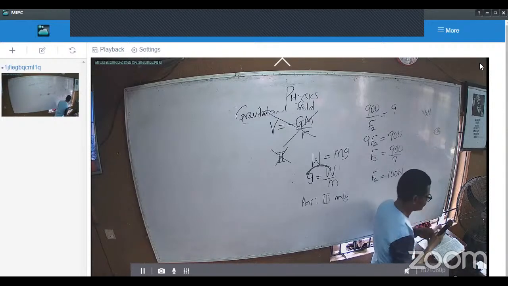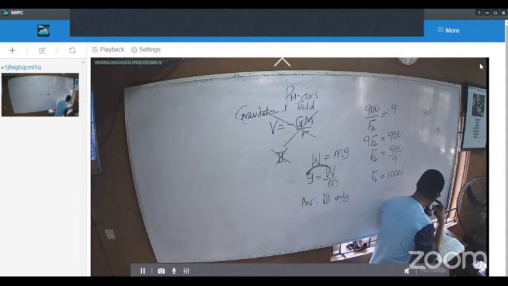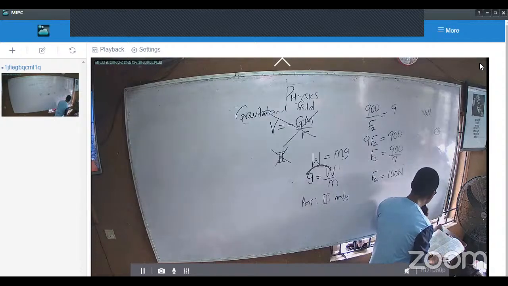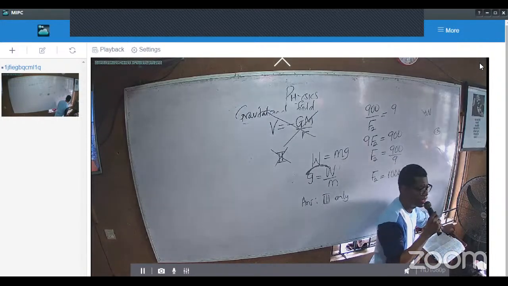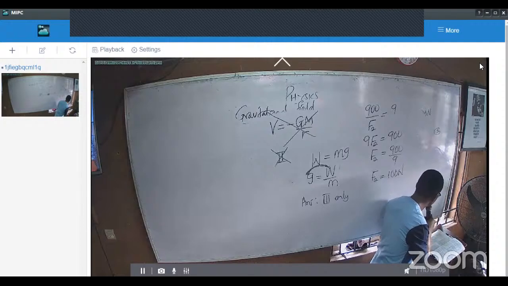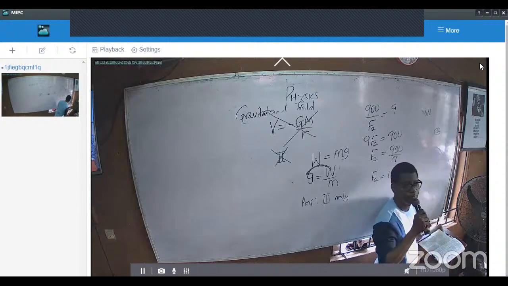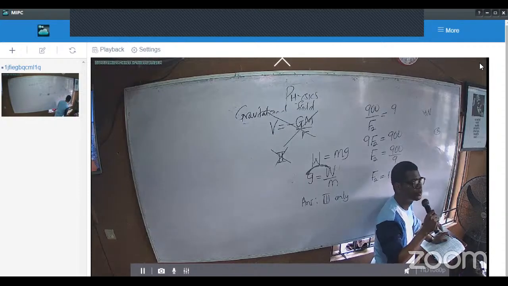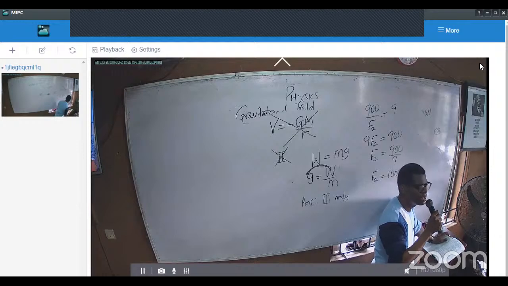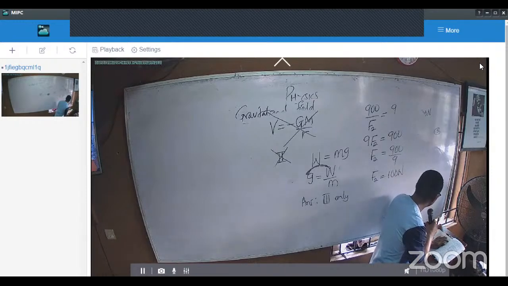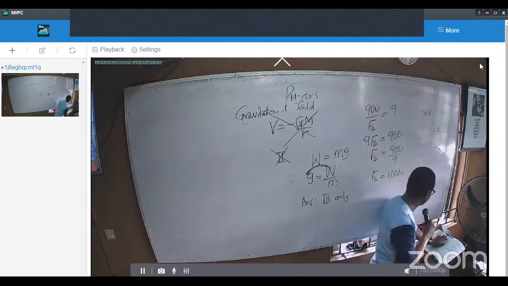If the distance between two suspended masses, 8 kilograms each, is quadrupled, Q-U-A-D-R-U-P-L-E-D, the gravitational force of attraction between them is